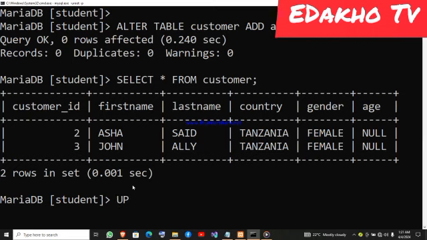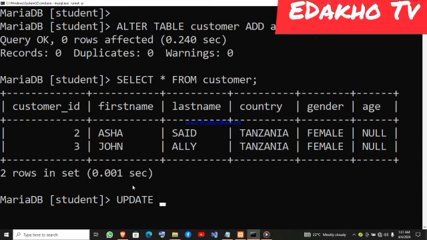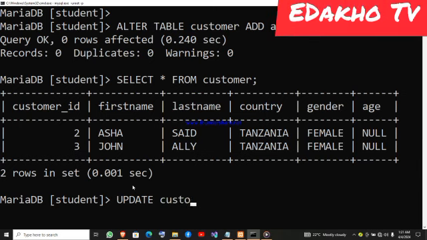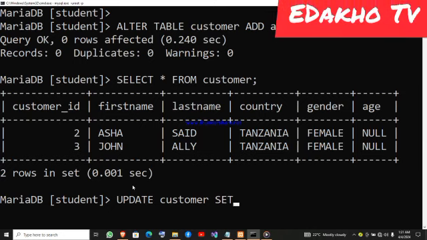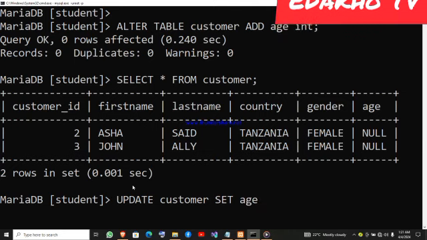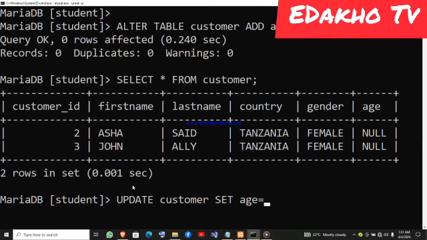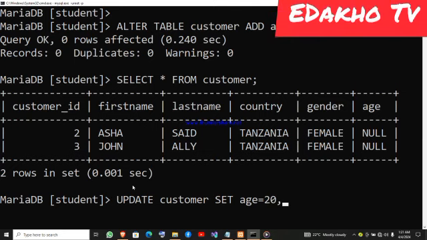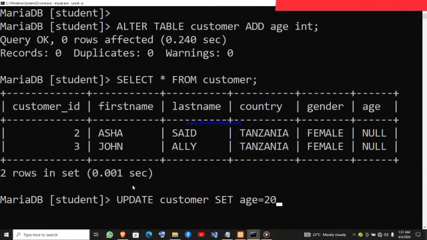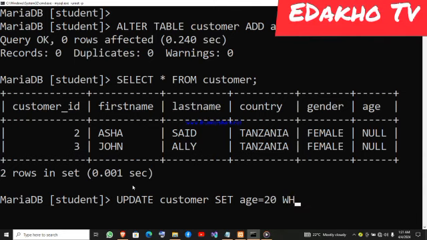So say update. We update the table. Our table name is customer. In customer, we're going to set the age, which is an integer. So we say maybe this one shall have 20 as age, comma. From there, now we specify our condition with where,